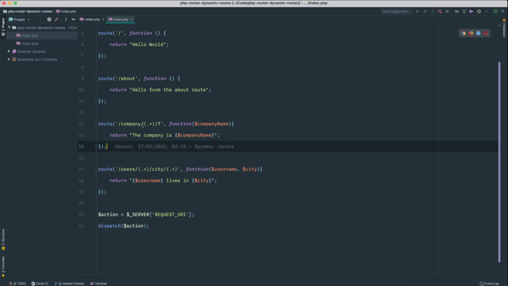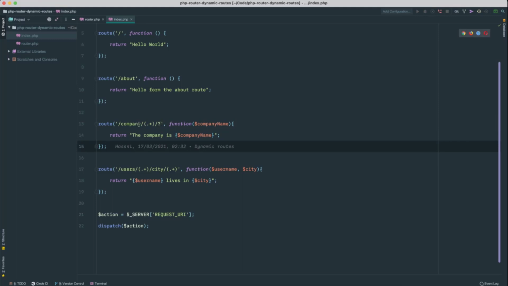So in the previous video, we added these regular expressions in our URLs, as you can see in these two examples. But I wanted to make that a little bit easier so that when we are registering routes, we don't need to think about adding these every time, but we can add something that's more descriptive or that explains what this part is. So we're going to call these named URL segments. Let's see how we can add them.